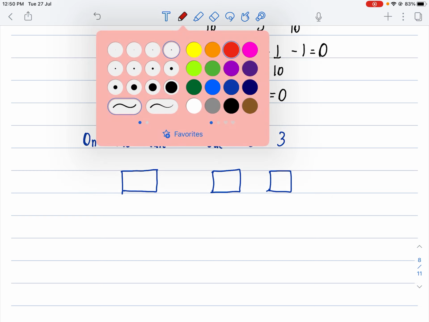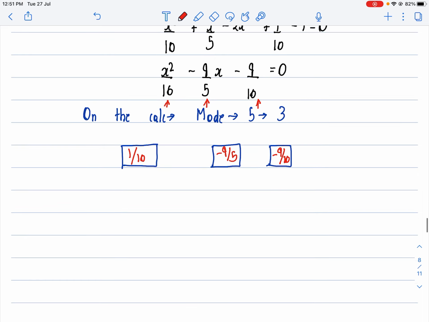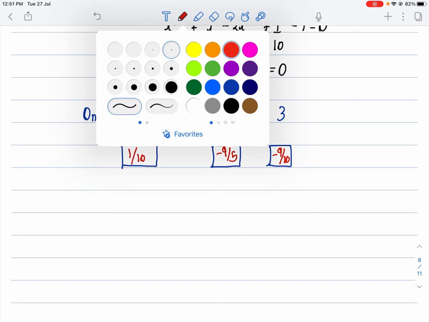So in the first box, I can put the coefficient of x square, which is 1 over 10. In the second one, I can put the coefficient of x, which is minus 9 over 5. And in the last one, I can put the constant, which is minus 9 over 10. So I get 1 divided by 10, equal to minus 9 divided by 5, equal to minus 9 divided by 10. When I do that and I click on equal to, I get my x